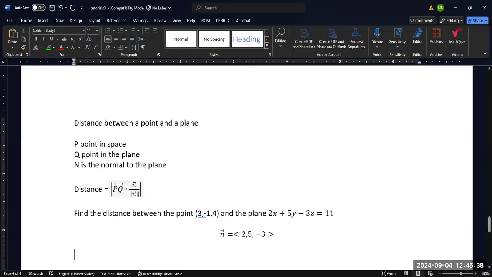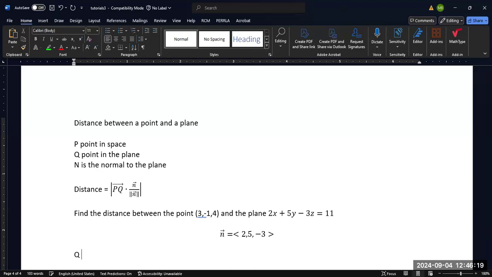And the other thing that we're missing is a point on the plane. Now, we can pick any point we want on the plane. It doesn't have to be any particular point. So probably the easiest way to do this is to come up with a set of x, y, and z values that will equal 11. Sometimes it's easiest to just pick 0 for 2 of the variables. In this case, that's not going to work, but I'm going to say